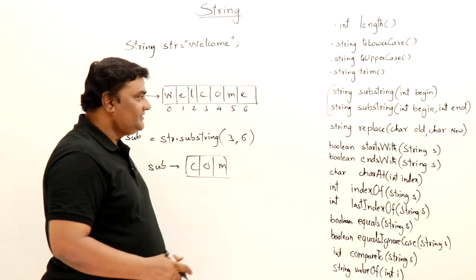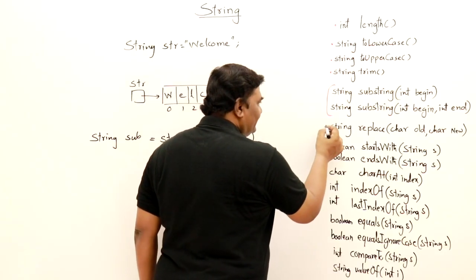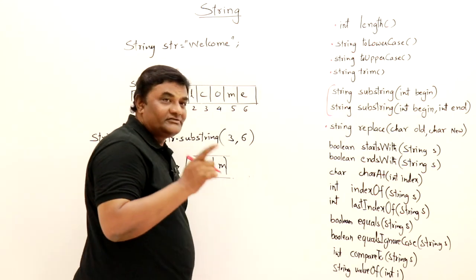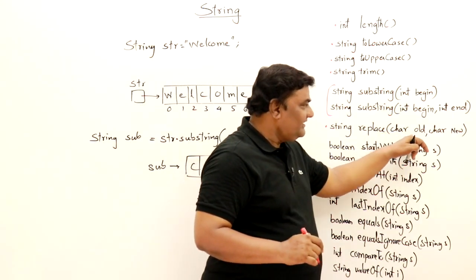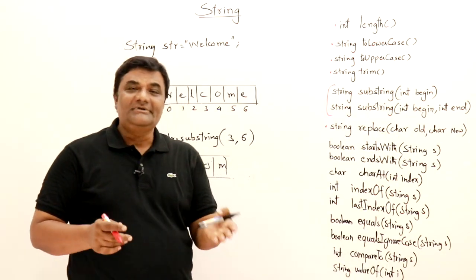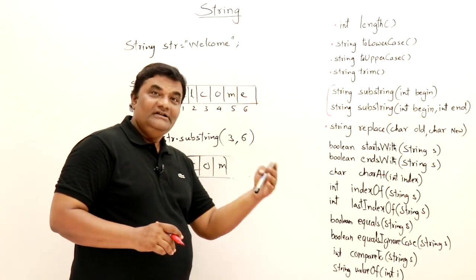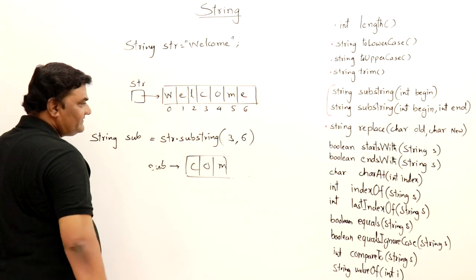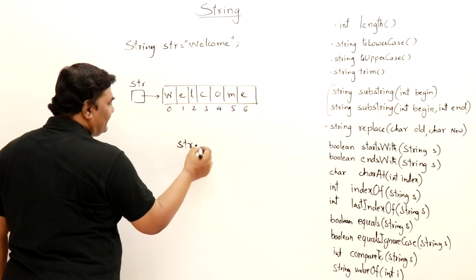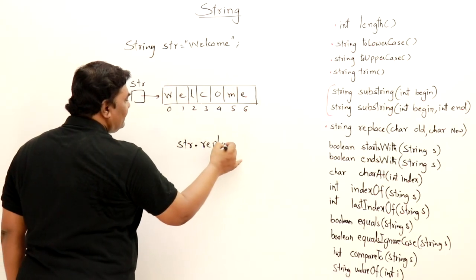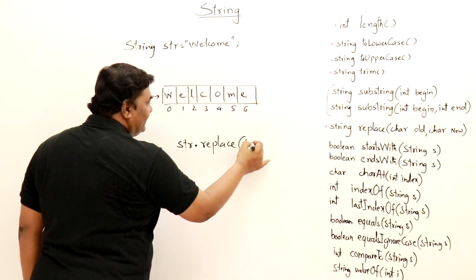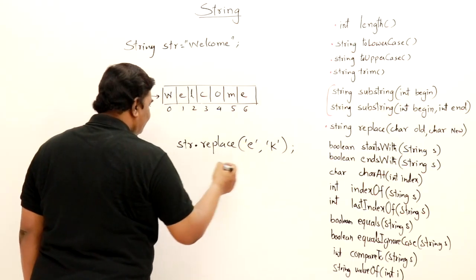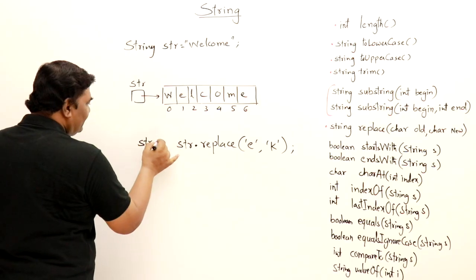Now next method also I will show you. Like next method is string, that is replace. This will replace. So this method takes the old character and the new character. So it will replace every old character with new character. Let us apply that method on the same string. I'll just remove this. If I say str dot replace letter E with letter K. So if I change like this, and if I take the result in str,